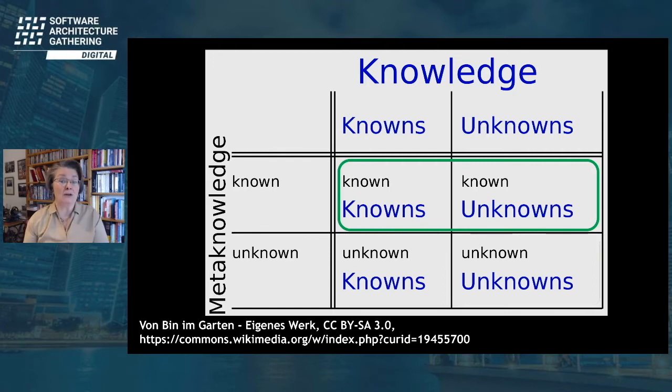Unknown knowns, this part down here, is a bit difficult, but not that bad. Those are mainly features that we take for granted. That's why we don't even think about them. And in general, someone will point this out to us during development. Things like, well, users have to do some login. Don't forget that. Oh yes, I didn't even write that down. Of course, we have to have that. So unknown knowns are these features.